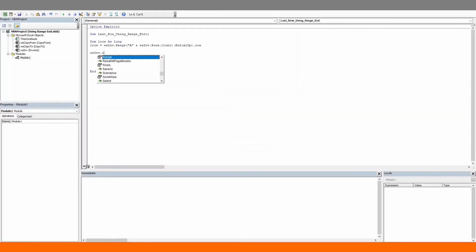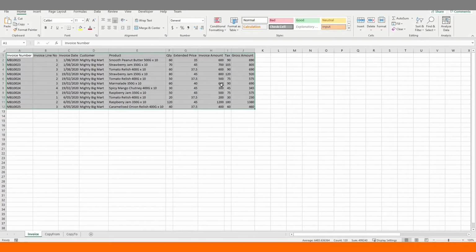So we'll go .range, start from the top left cell, which is A1, and then go to column J. But since our code is dynamic, we don't know what the last row number is. And with that, we can just use our last row variable. And that's the range. And we want to select it. Let's run this. Great. The entire range is now selected.